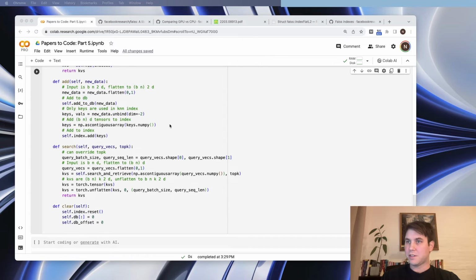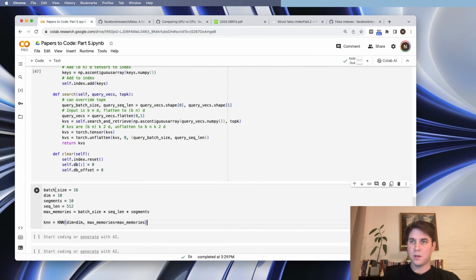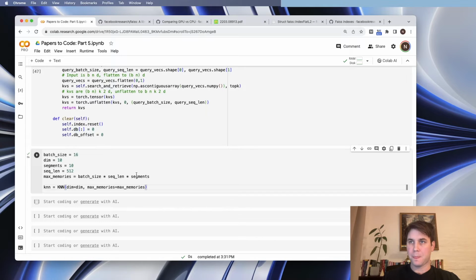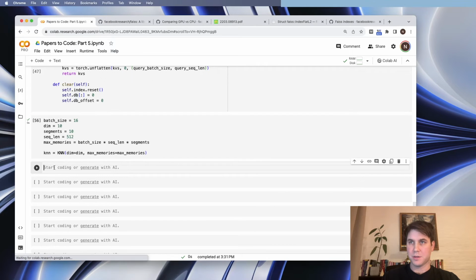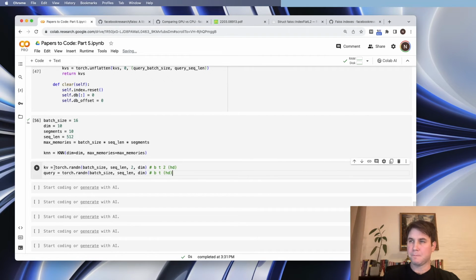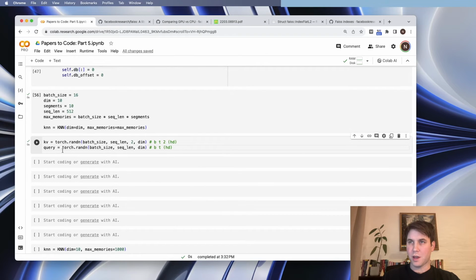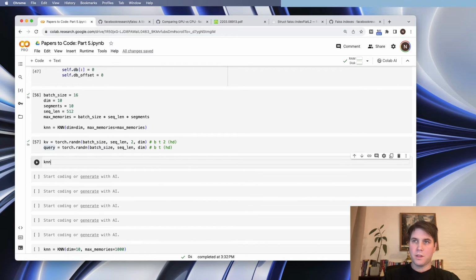Let's initialize some parameters here. So we're just going to use the same numbers we've been working with, and we'll create some fake data just to make sure everything is working as we expect. So I've got some key value data that we're going to add in, and some query data that we're going to use to retrieve the top k key value pairs. So let's add the KV data, and then